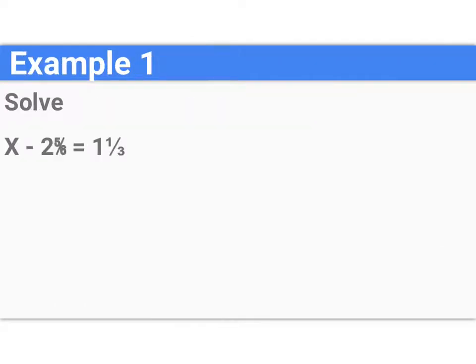Okay, since we just went through this, I'm going to shorten this down. So we know that we have to add 2 and 5/6 to both sides, add 2 and 5/6 to both sides. X equals